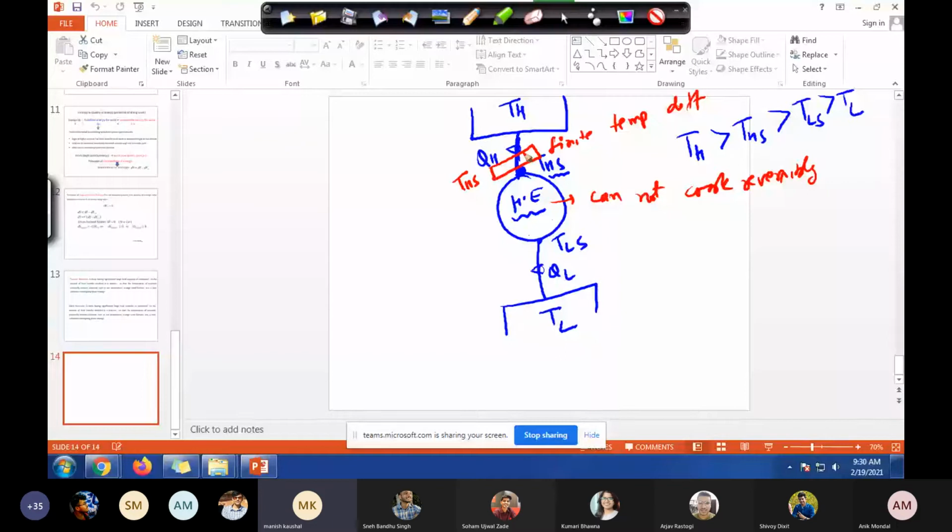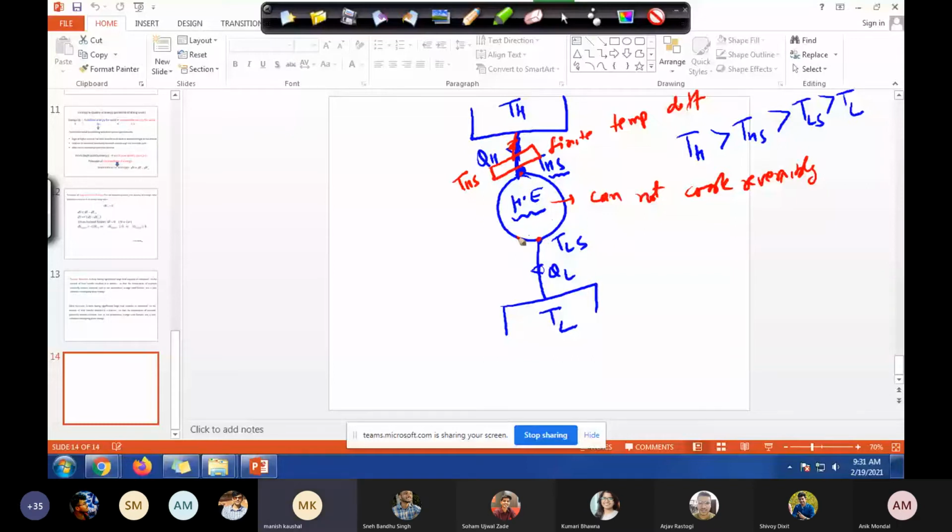It will contain heat which is coming irreversibly from here, and then it will pass slowly to the system in a reversible manner. So that's what was said. If there is a finite temperature difference, and you don't put a heat reservoir whose temperature is the same as the local temperature of your system, then you cannot have a quasi-static process. And why have I shown you that extra? To clarify the last class problem.